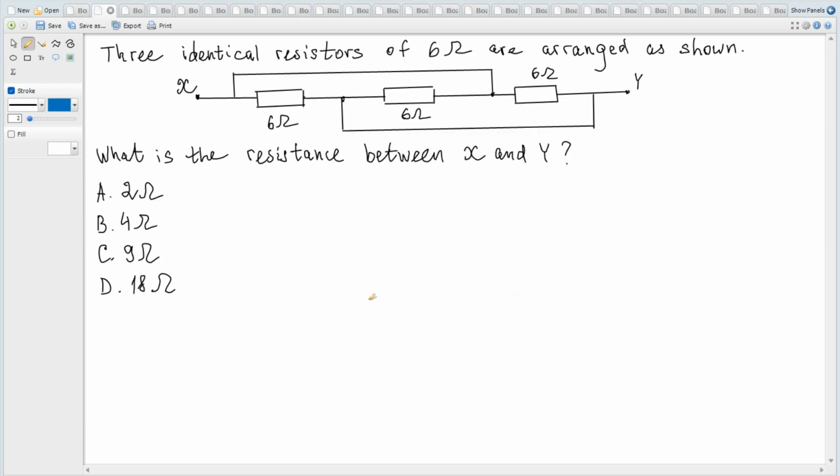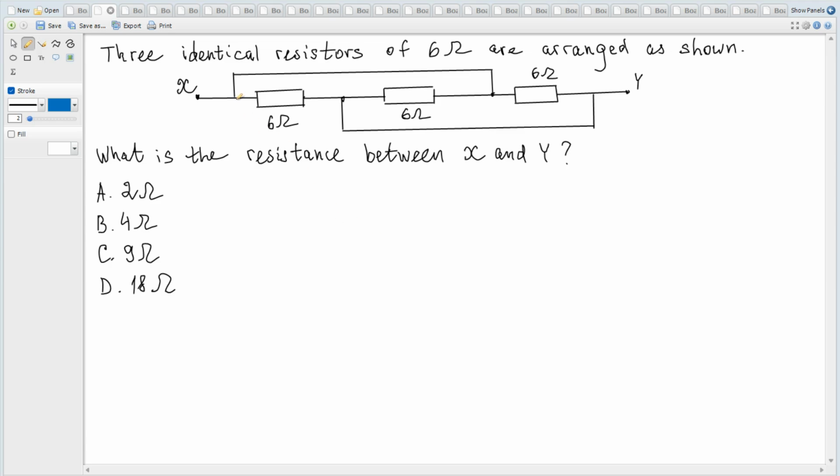The next question: three identical resistors of 6 ohms are arranged as shown. What is the resistance between X and Y? So the total resistance is required. It looks a bit confusing. It's not clear whether they are in parallel or in series, but we can see that there are empty wires,